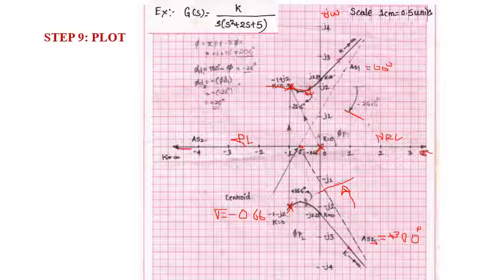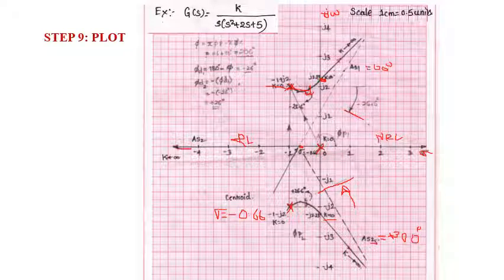After getting to know the angle of departure, we want to find out the crossover point, the intersecting point on the JW axis. The crossover point is plus j2.223. We have calculated it earlier, in the 8th step, the last one: the crossover jw equal to j2.223. So plus j2.223 will get this point and minus j2.223 will get here. At this particular point K value is equal to 10, meaning the K margin is 10 here. Write it in brackets, K margin equal to 10.